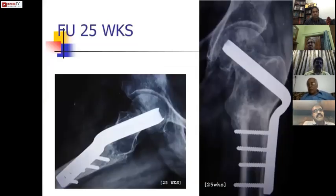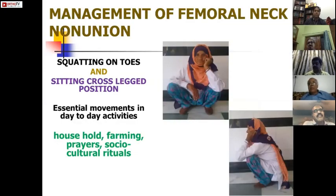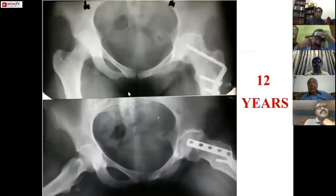Here is the result at 25 weeks in this lady, with 8-year follow-up, just telling you that this is a wonderful procedure, and you see how comfortable this lady is sitting, squatting on her toes. This is just finishing my first case, 1990. See the follow-up published in the Journal of Trauma,